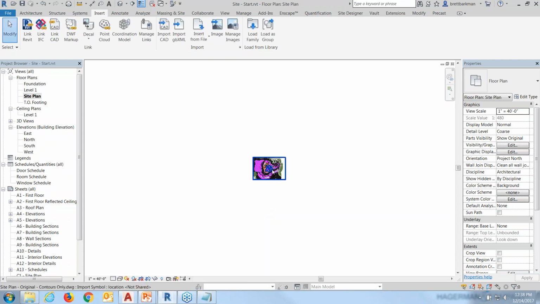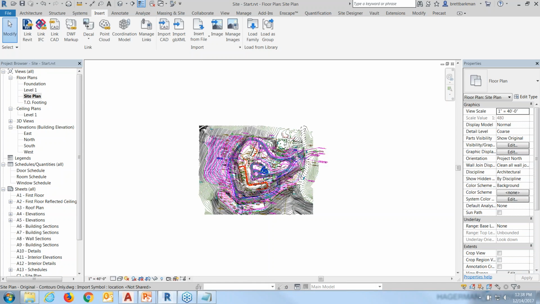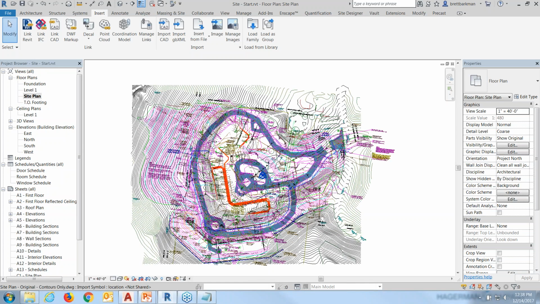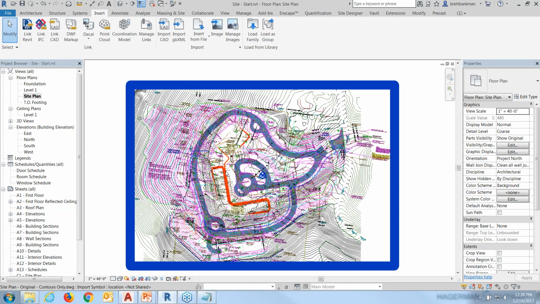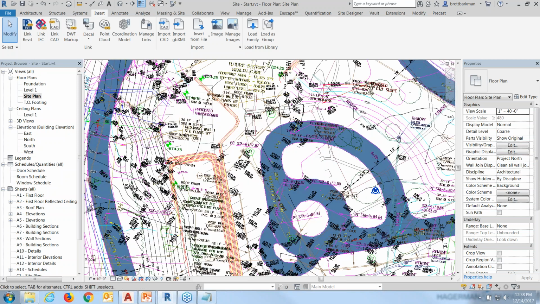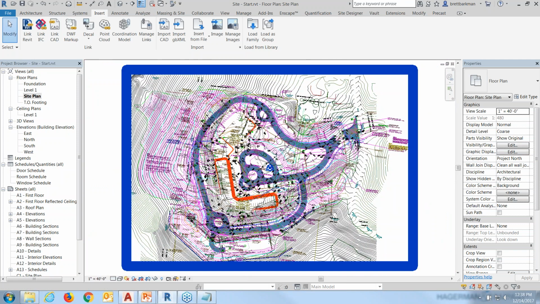All right, so there's the site. Looks similar to the 2D file. Again, there's an overwhelming amount of information here, but we can ignore most of it. All right, now I want to do something before I create the surface, and that is find out what size